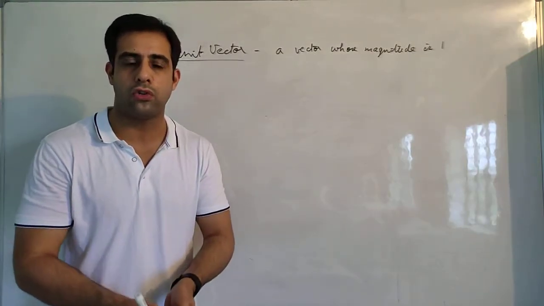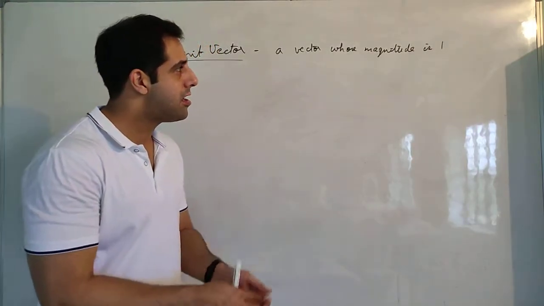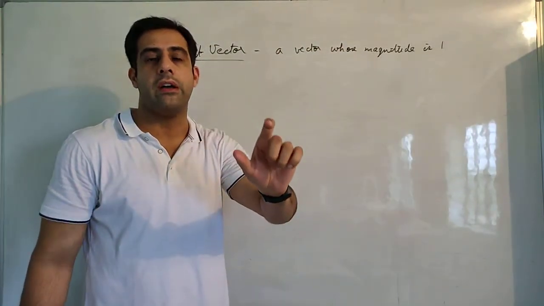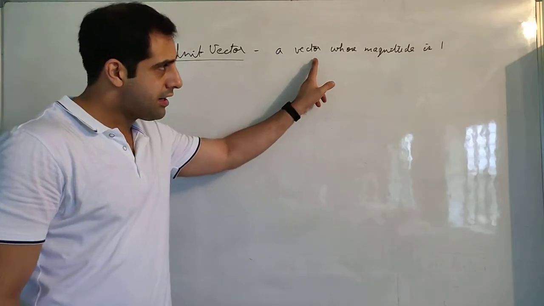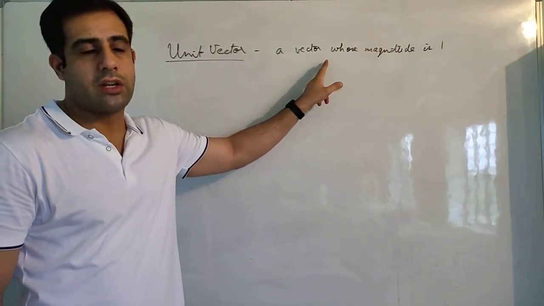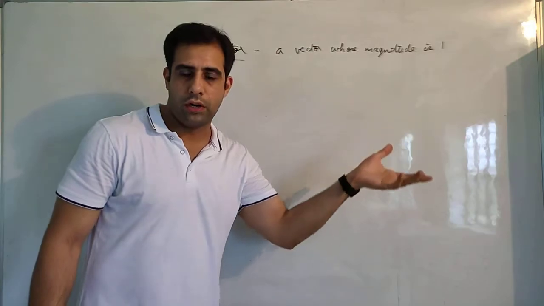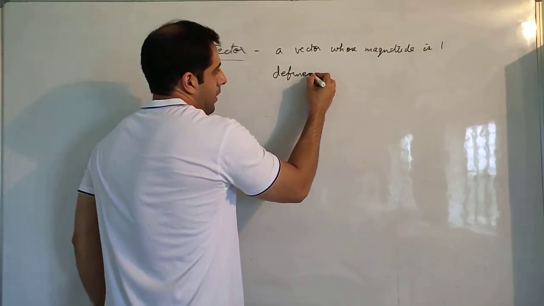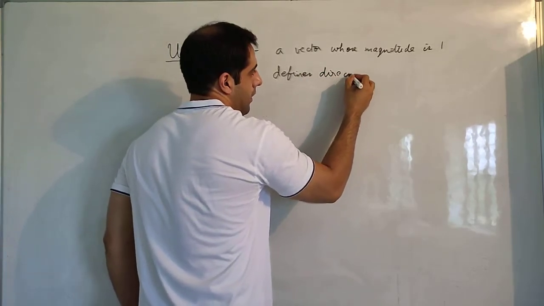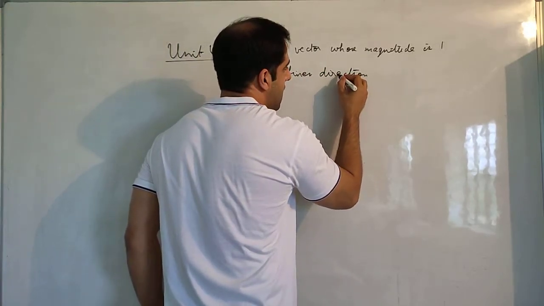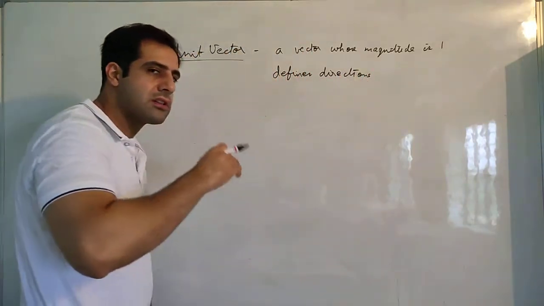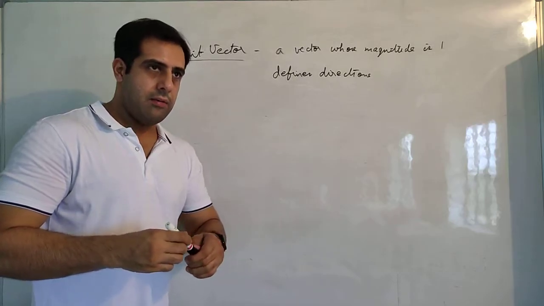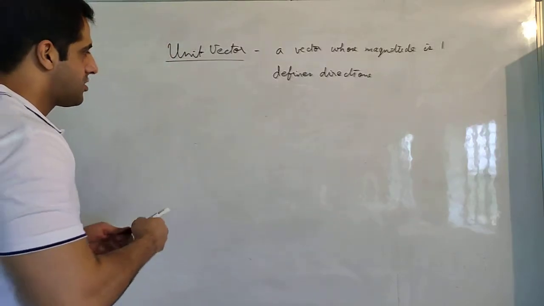If I say that there is a force of 5 Newton, and if I multiply that 5 Newton force with a unit vector, the 5 Newton will remain the same. But it can be used to change the direction. So basically the basic use of unit vector is to define the direction. A unit vector defines direction. Now directions are not always north, south, east, west, up, down, left, right. That is not the case always. It can be in any direction.